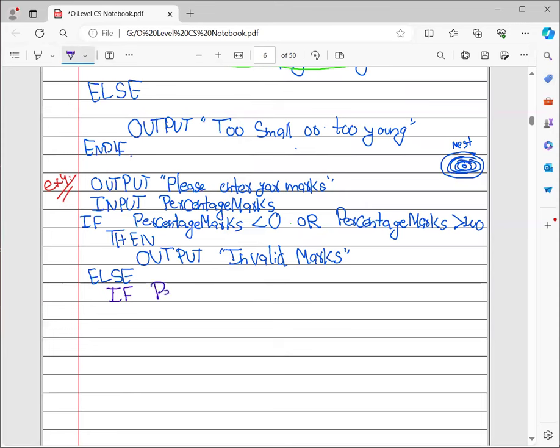Again, if your percentage marks are greater than 49, then output inverted commas pass. After this I added another else,